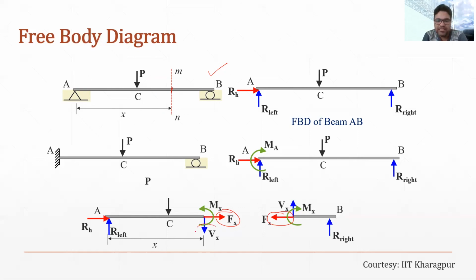Similarly, Vx here was downward, here it is upward, because this force is trying to go down, but at the same time it is also not going down, it is actually up. So this force and this force are balanced. And similarly this rotation Mx is clockwise on one side, but anti-clockwise on the other. So both the rotations are also balanced, and because of that there is no breakage. We are just visualizing it.